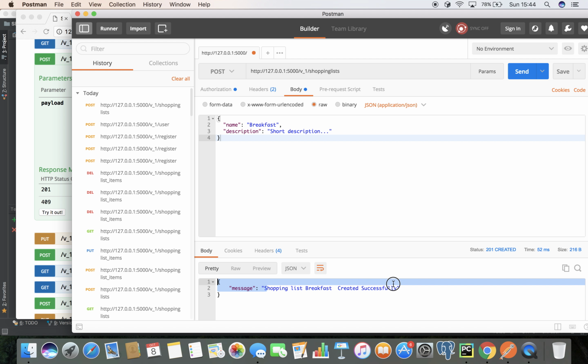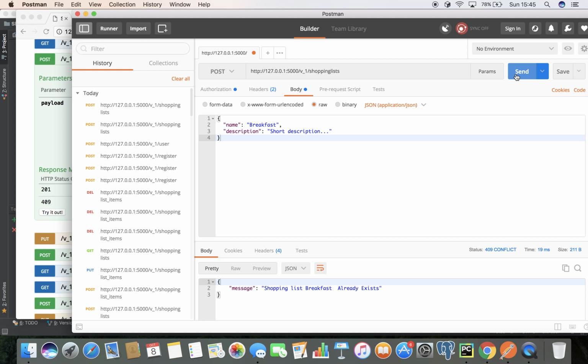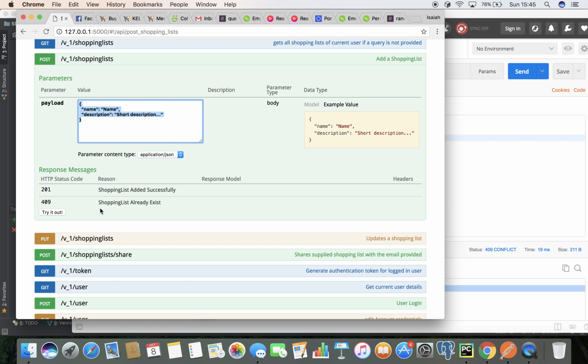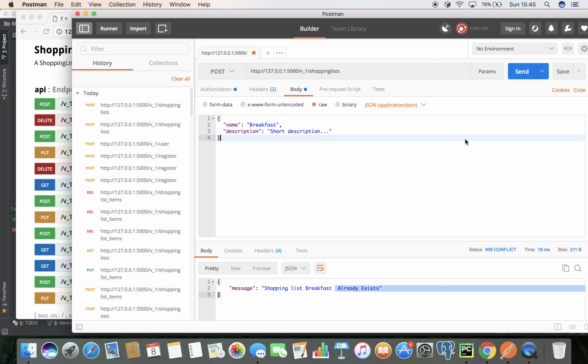We're told that the shopping list has been created successfully, and if we try to create the same shopping list again, it will fail with an already existing shopping list error, the same way our documentation says. So from that point, we